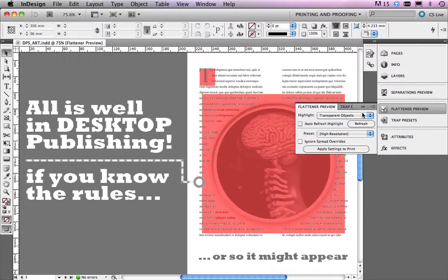Oh, now that's interesting. Just to explain what's going on here, what this tool, the Flattener Preview, is doing is showing errors, or not errors, areas that could perceivably be a problem. If you're working with images, particularly if they've got gradient edges on them, being pixel images or whatever, that may require some degree of